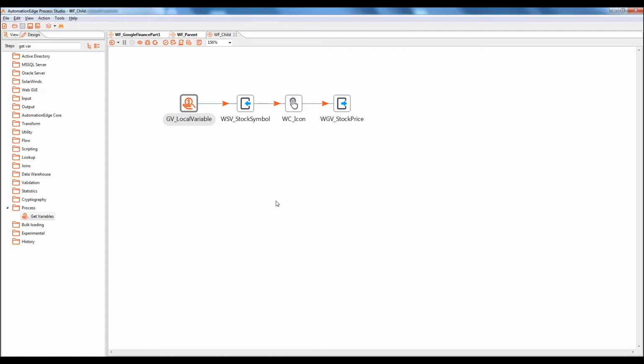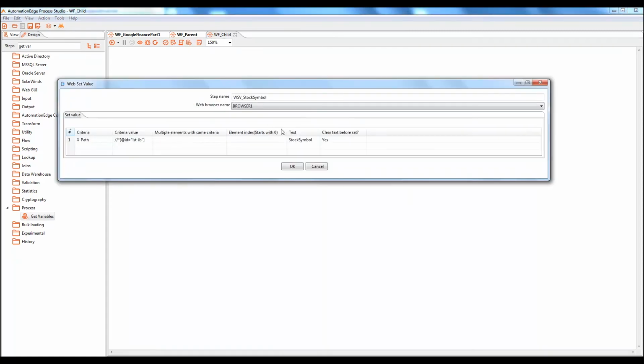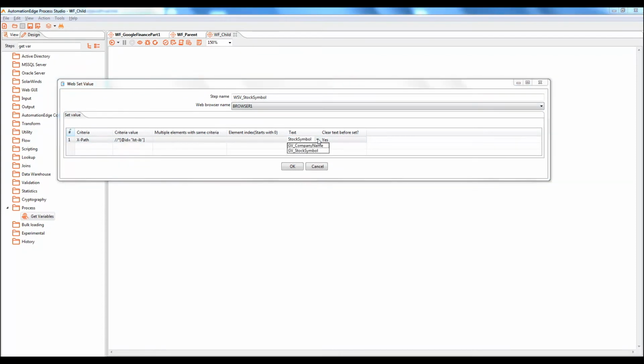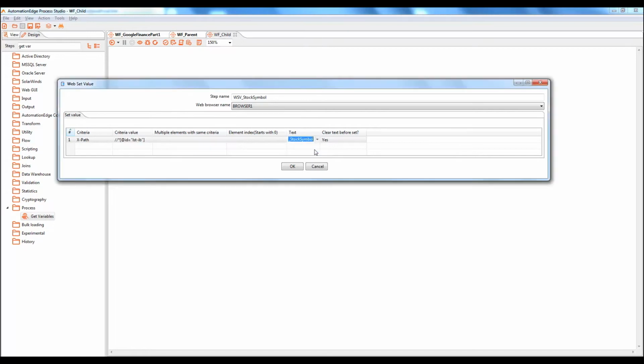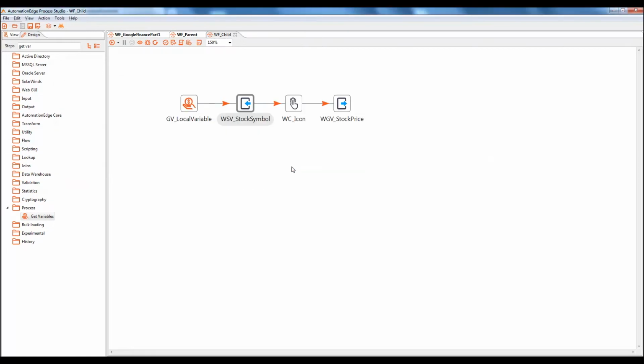Now double click on website value step and click on drop down. And you can check now this drop down is populated. So we need to select appropriate local variable name. So that is GV underscore stock symbol. Click on OK. Now the last thing is left in child workflow is that whatever the result we are going